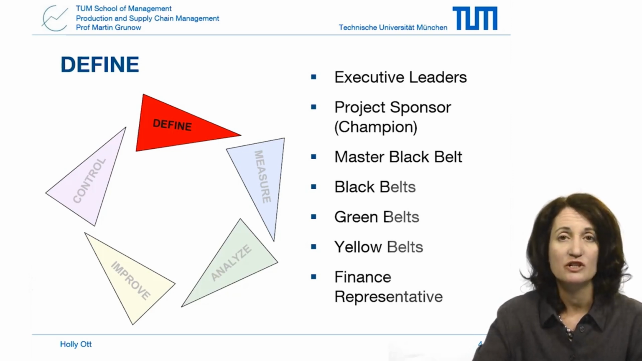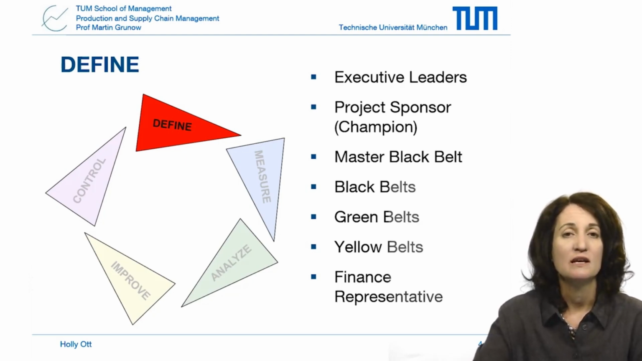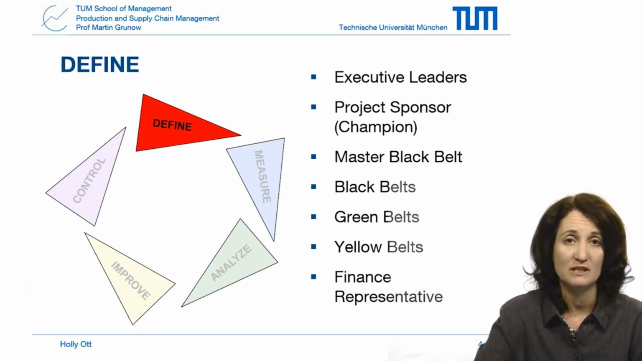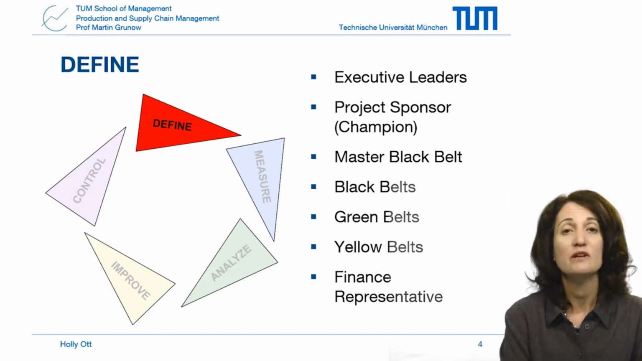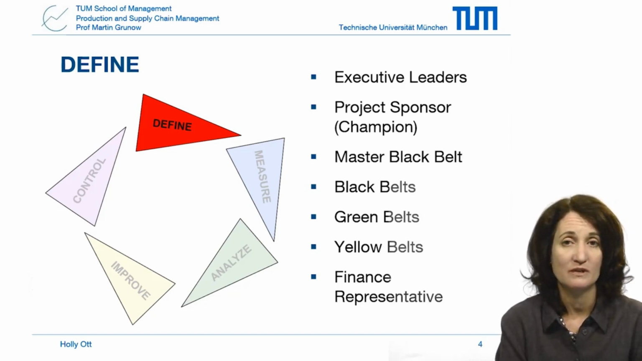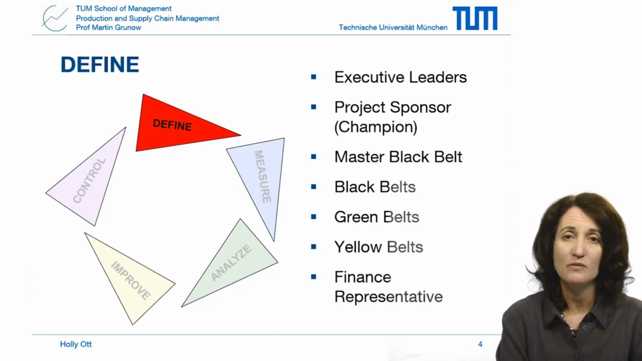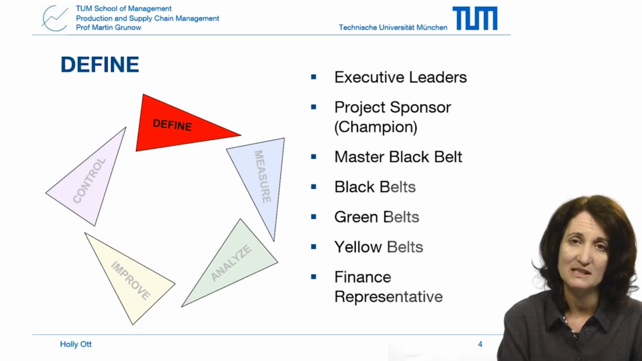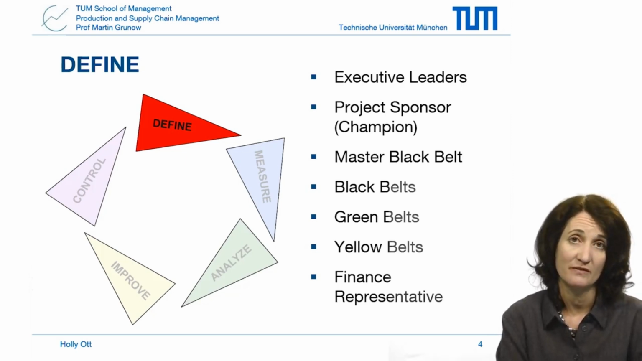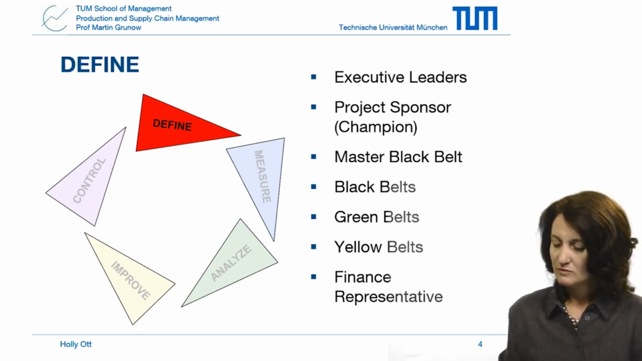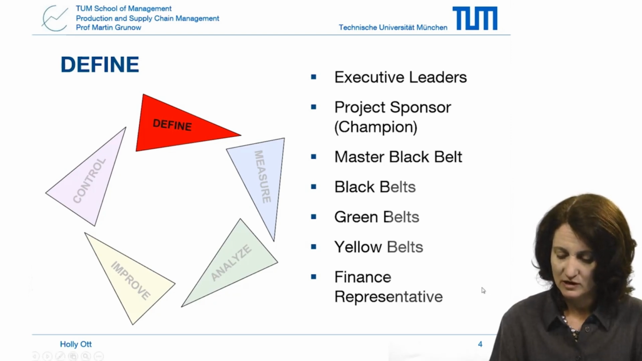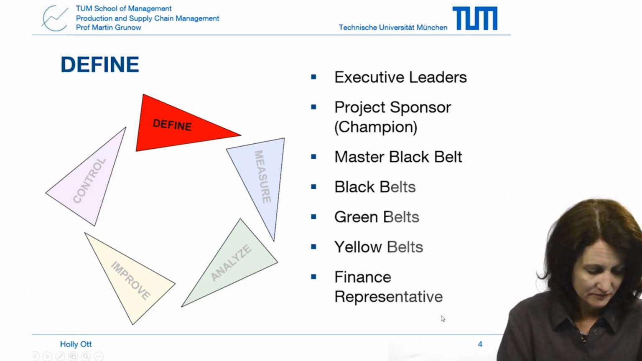Yellow belts are employees who are trained in quality awareness and in Six Sigma basics and are part-time participants in a team. They contribute with process expertise. And finally, what's very important are financial representatives. These are people independent of the project team, but are very important to help determine the project costs and savings and report project benefits. Now, this course, the full online course, is targeting